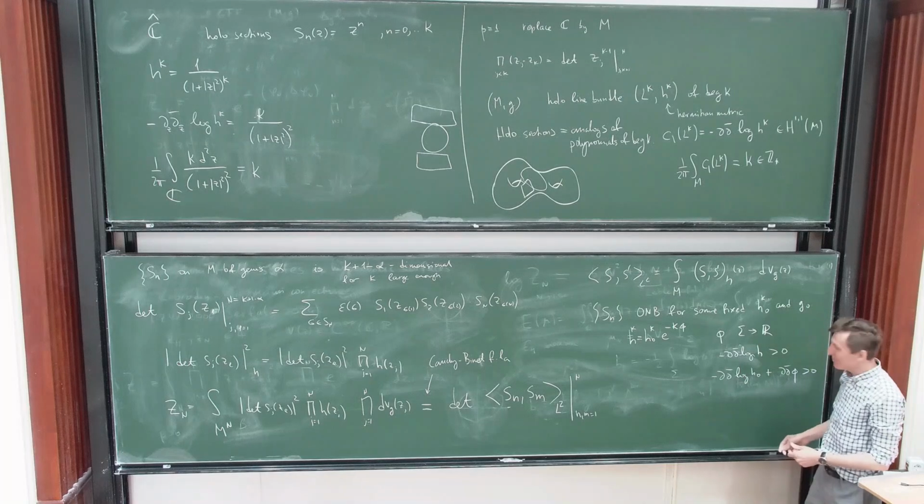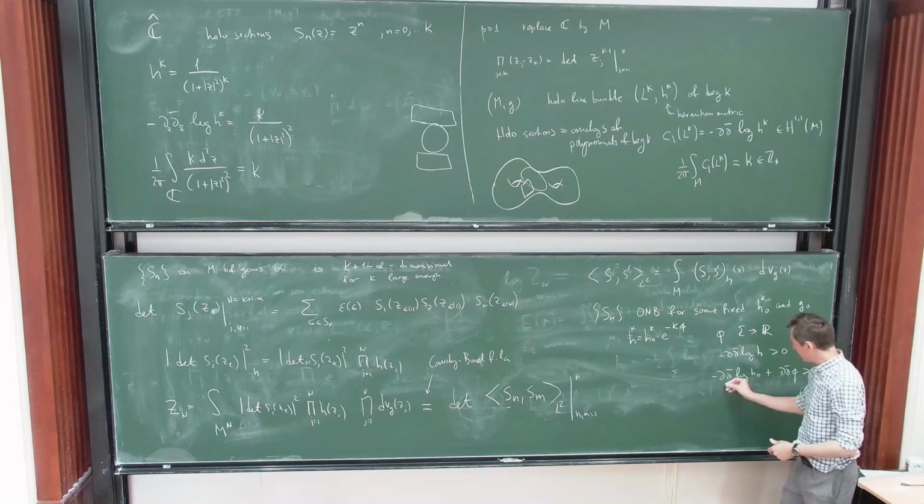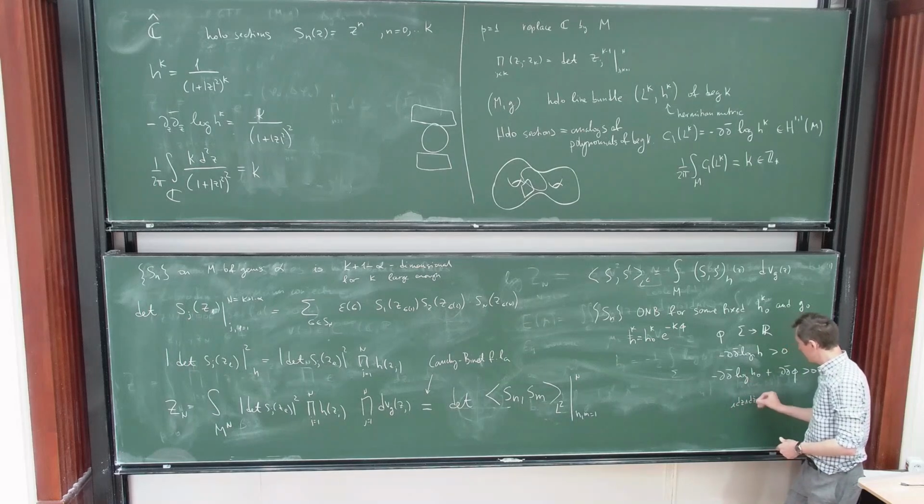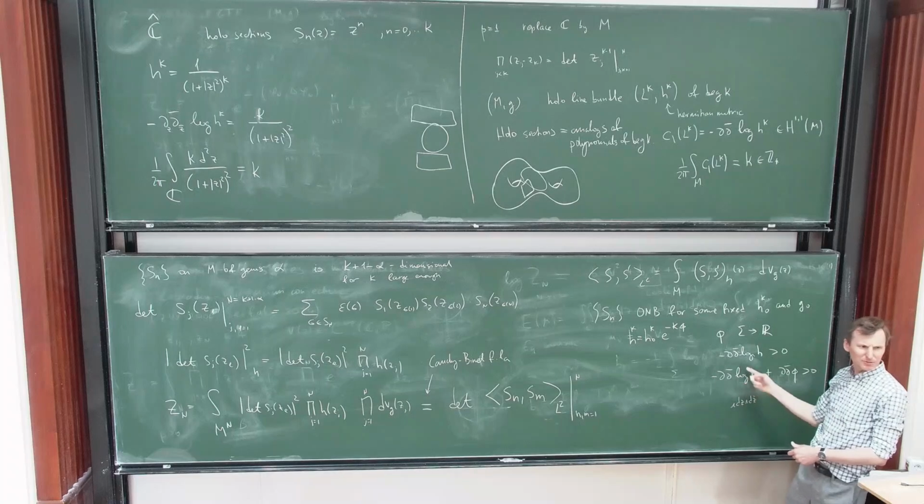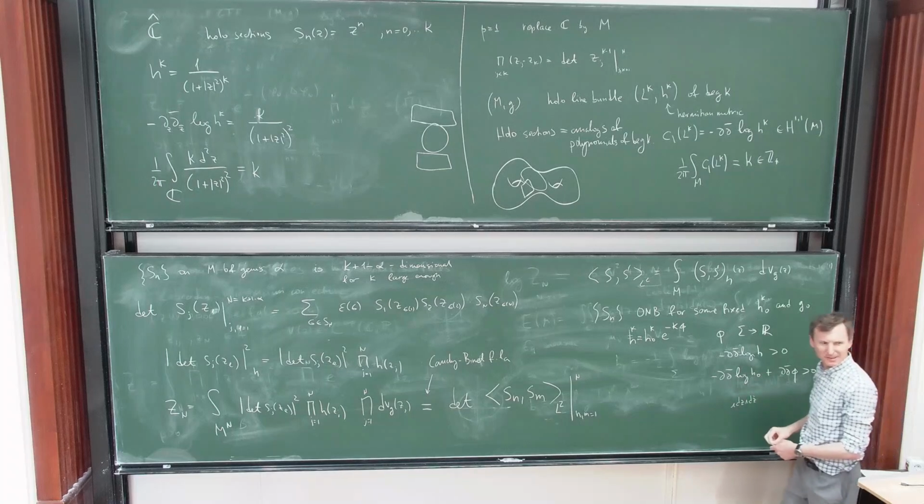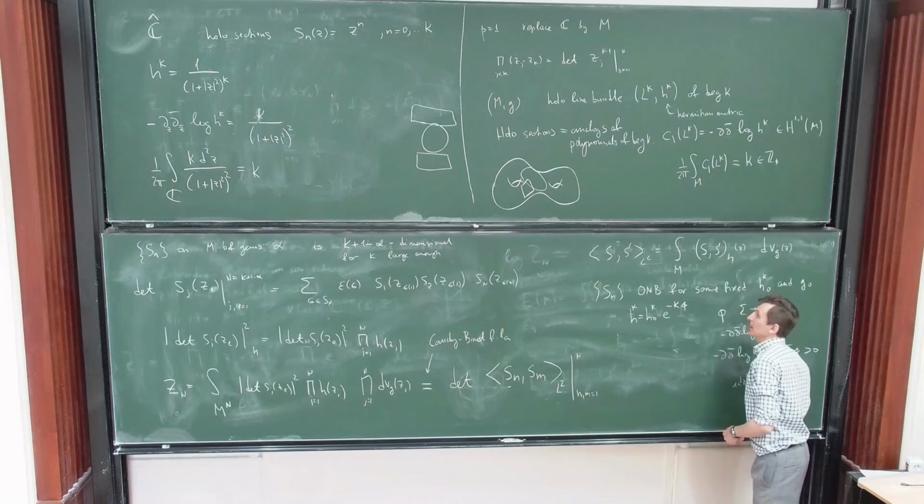Maybe this should be understood as multiplied by i dz as a form. Yes, as a one-form you multiply. Yes. All right. Now